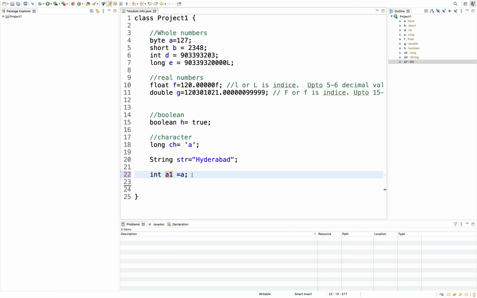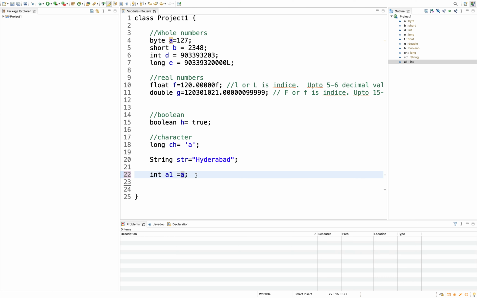The typecasting happens implicitly because you are assigning a byte variable to an integer variable. An integer variable can hold values up to 4 bytes, whereas a byte can hold only up to 1 byte. That's the reason it is called implicit typecasting.